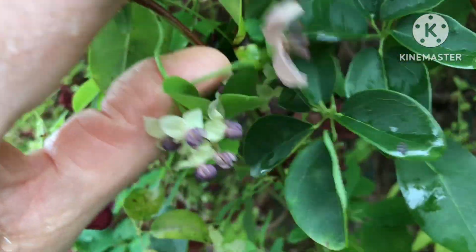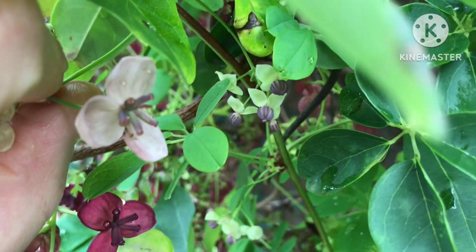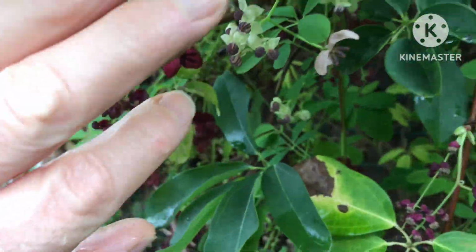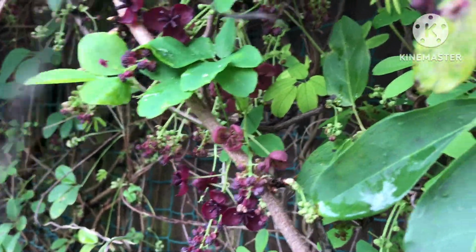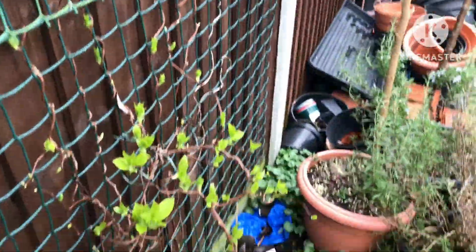Let me see if I can get you a close-up of them. That's the male flower there with those trumpets, and these the females next to it. So both sets of plants are producing male and female flowers. So fingers crossed they get some fruits again this year. Although they're not particularly tasty, they are nevertheless an interesting fruit, and you can juice them if you remove the seeds. Here is my